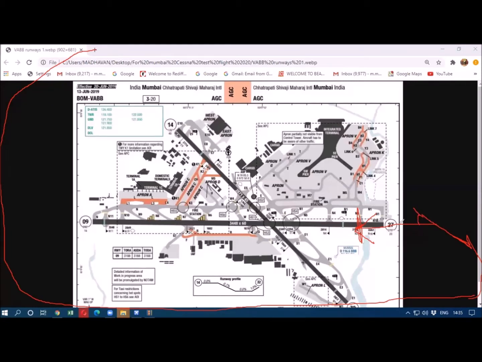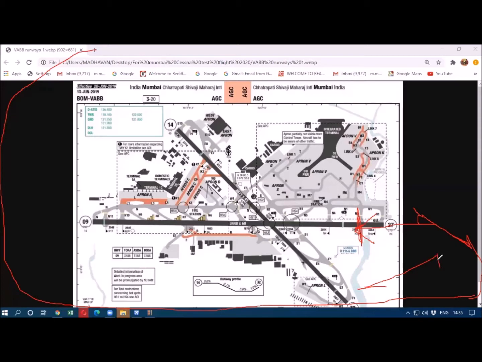And once we capture the localizer, we are on the runway center line, and we will come and touch down here. At this point, we'll also capture what is called the glide slope, that is the vertical descent.